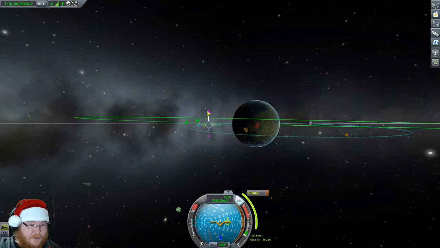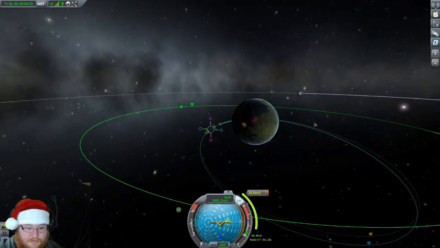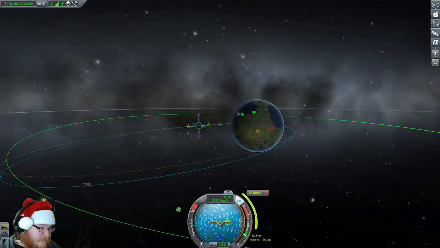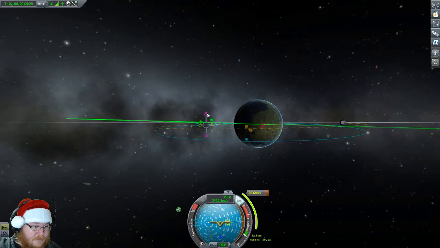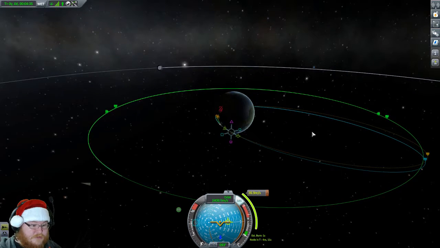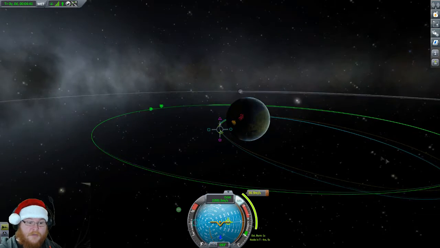So let's move it up. Make sure it's crossing that line, which it doesn't look like it's doing. Alright, go up some more. And there. So this burn is in roughly 4 minutes. Probably could do it a lot better, but I want to make sure I'm on this line, and then we